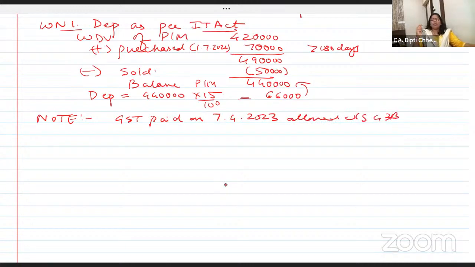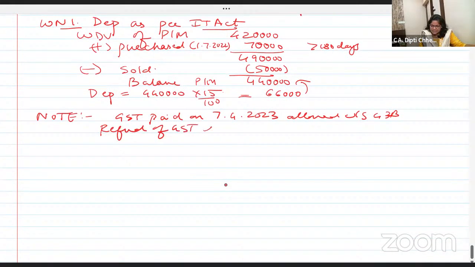Today morning we have done. What is 43B? Government payment, interest on loan, employee related payment. If it is outstanding in March, if it is paid before due date of filing the return, it is allowed. 43B is allowed. Nice, clear to all of you? Rent and all? Yes. Now, other business receipts are credited in the P&L account, which includes refund of the GST. Refund of GST is a business income. So nothing to do.